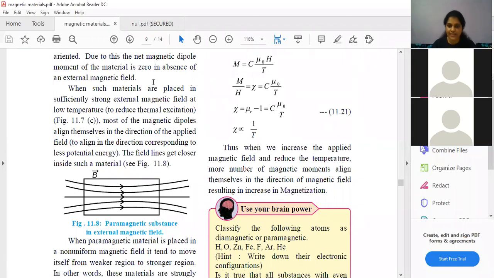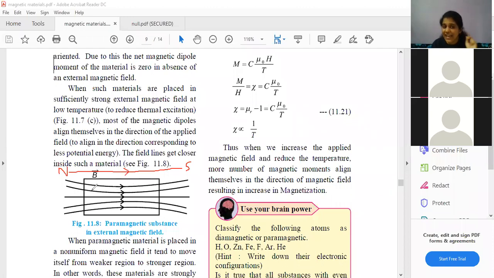Now let us look at this diagram. In this diagram, the block is a paramagnetic block, and there is an external magnetic field from north to south direction. Students, what happened in diamagnetic materials? The external field lines are repelled. They do not penetrate inside the material. But you can see what is happening over here in paramagnetic material: they are penetrating. They are literally moving through the inside of the material.